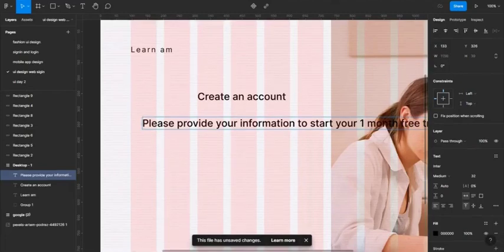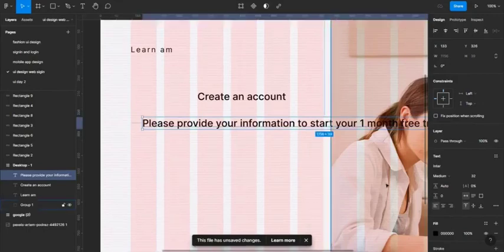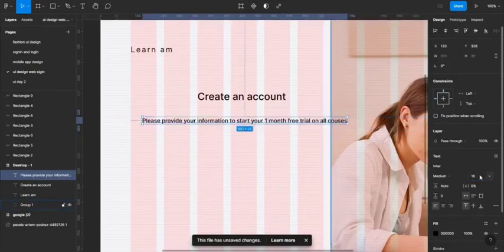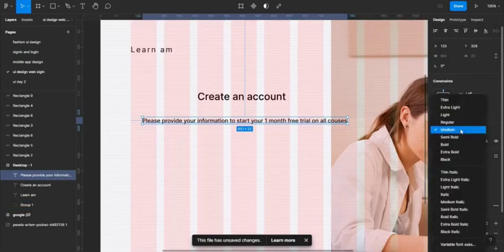Like I said, this is for an e-learning platform, so I want this to be 18. So mainly my font sizes go from 48 to 32, to 24, 20, 18, 16, 14 and 12. So this is about 18 and regular,